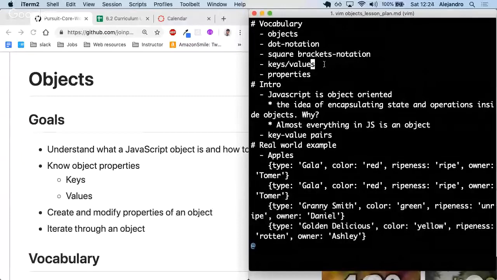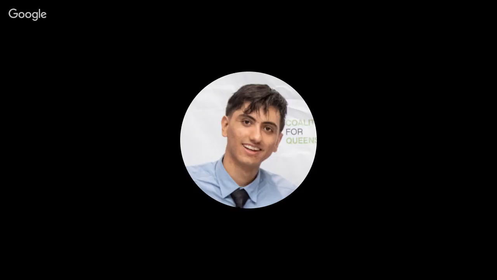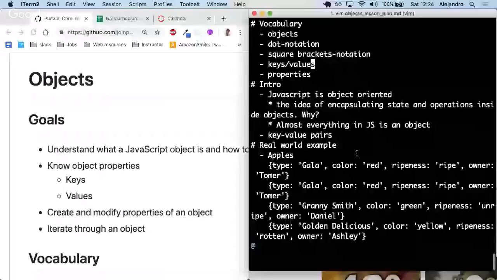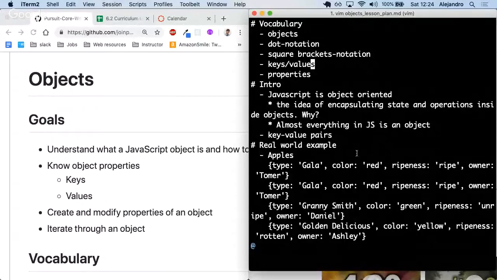So let's see what an object is, right? A JavaScript object is the idea and the data structure of how we can encapsulate state and operations within an object, right? Within something. And we have already seen an object that we call an array, right? An array in JavaScript is an object, and we can tell because if we do typeof array,